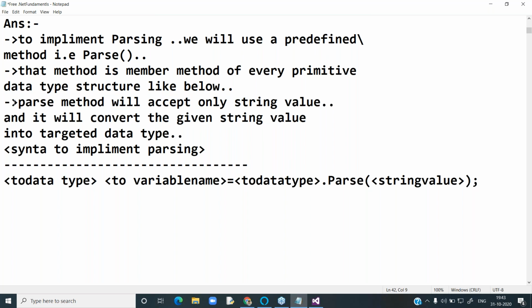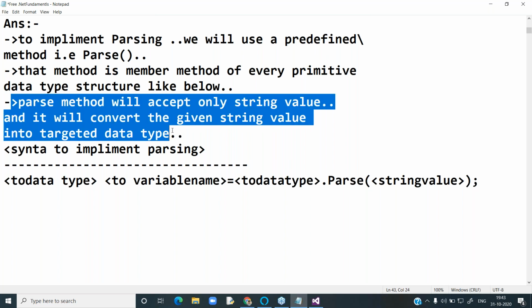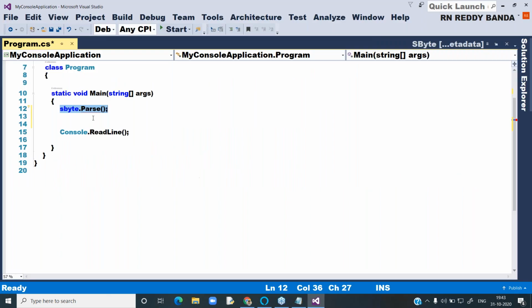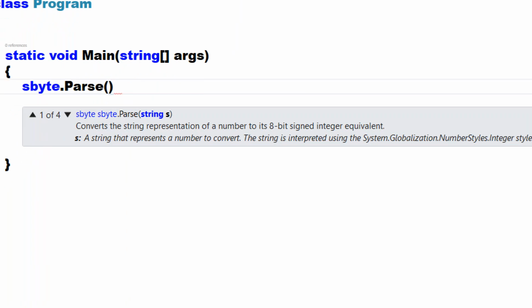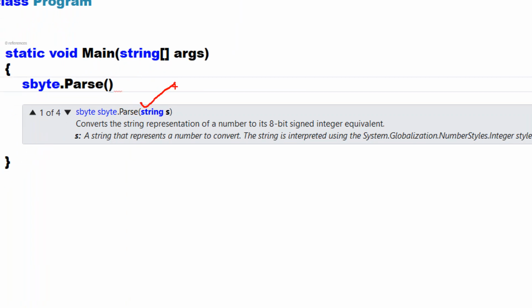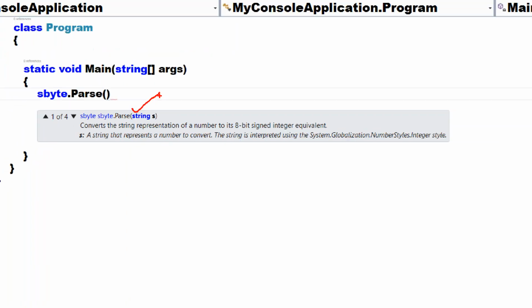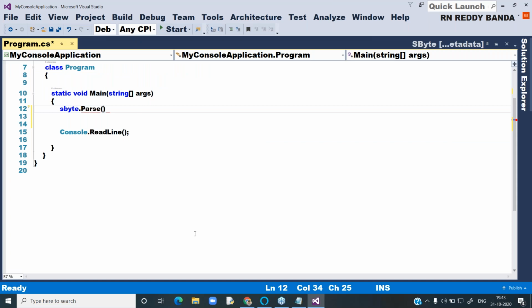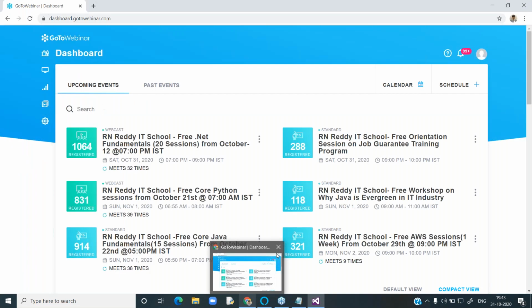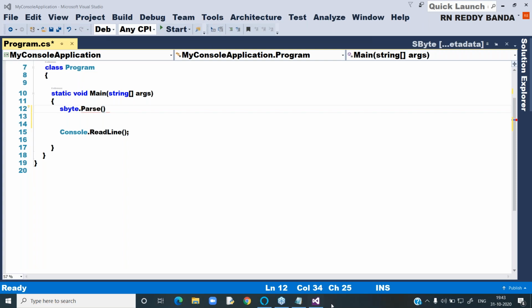Because that method contains one parameter, and the type of that parameter is string. That is the reason. Are you clear, all of you? Story is completed. Everybody understood?